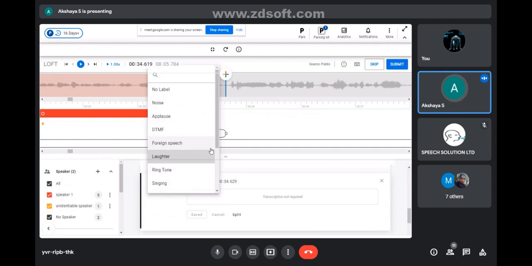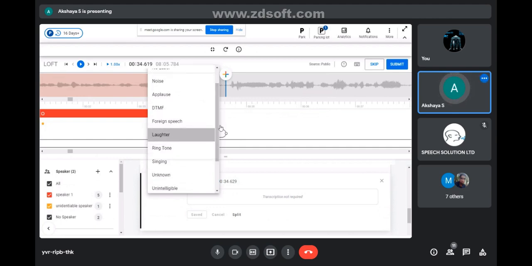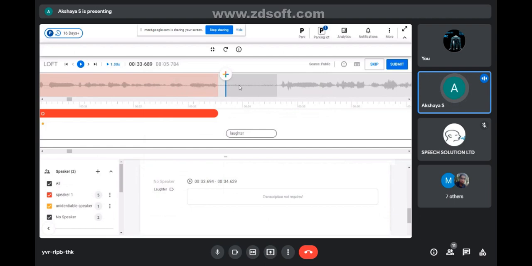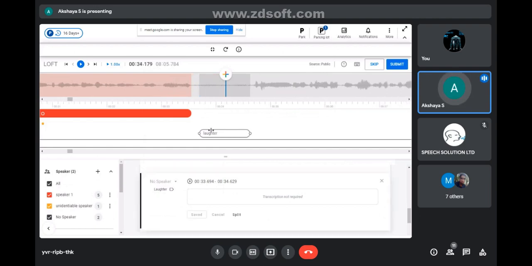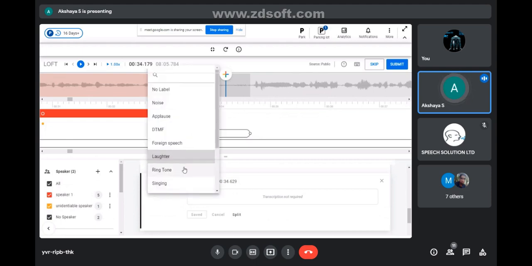Foreign speech I have explained. For speech annotation, you need to tag. For laughter, I have created one: if the speaker or anyone is laughing together, you create the annotation like this and label it as laughter. If you hear a ringtone, you note ringtone. If you hear something unknown, which usually you won't, meaning you can't tell whether it is noise or music or any kind of noise, and you have no idea what kind of audio it is, at that time you need to create the segment and mention unknown.